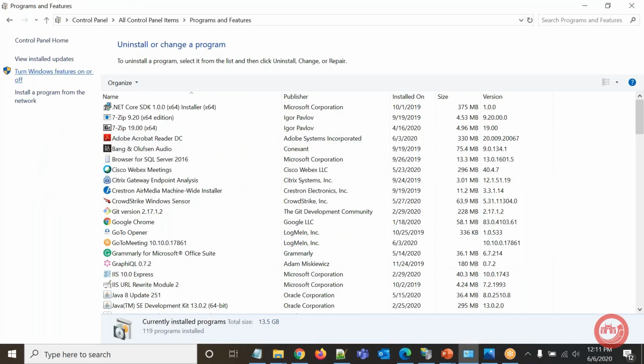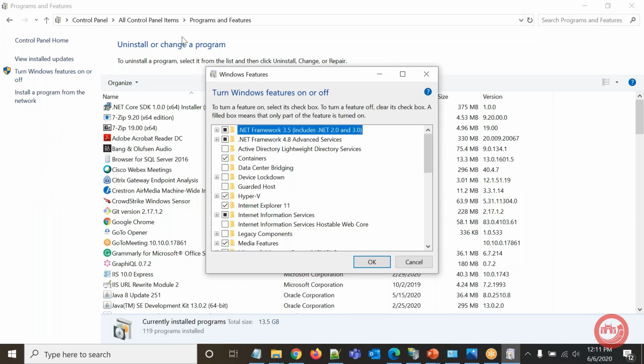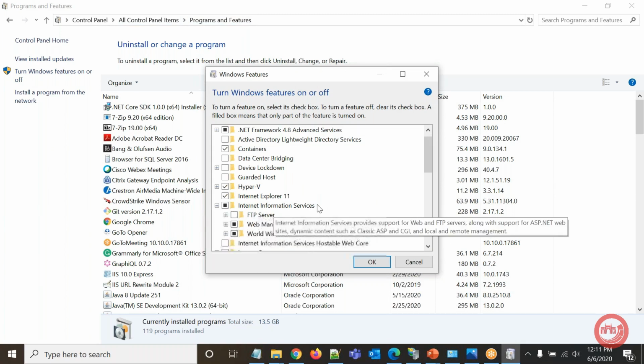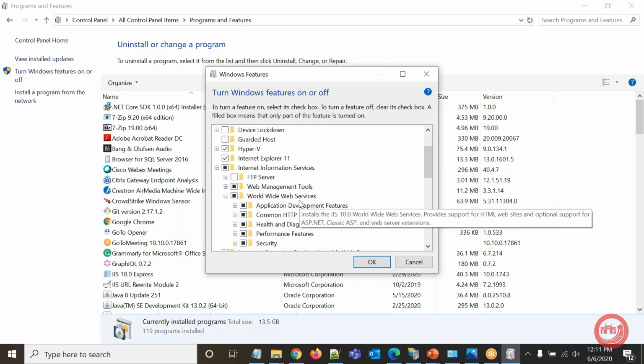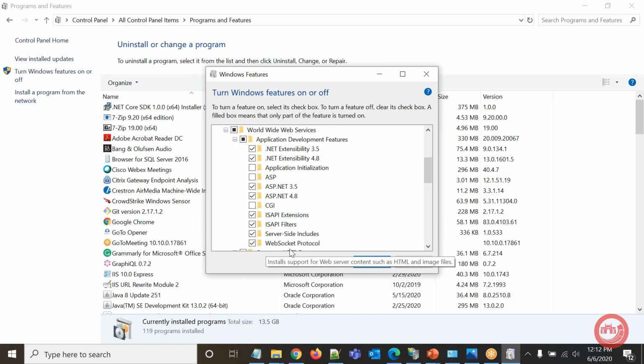Here, when you go to Windows Features, I am in Control Panel, Programs and Features. I'll expand IIS, then in the IIS services I'll go to the World Wide Web Services. This is where the WebSocket Protocol is. We need to check it and enable it. After this, it installs the required software, and we have to restart IIS. So that is one thing which is required. I've enabled this,